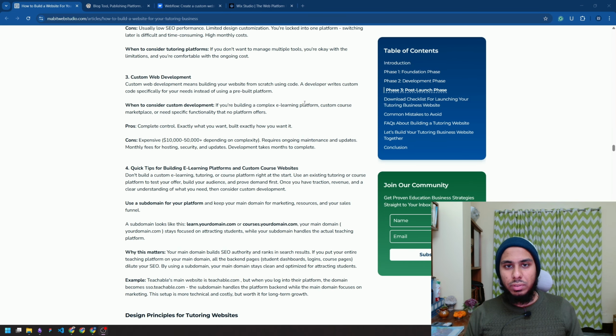Now to custom web development. This is the third option. Custom web development is simply building a website brick by brick using code. So who should consider custom development? If you are building a complex e-learning platform or a custom course platform, then building a website from scratch makes sense. However, remember,